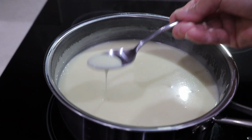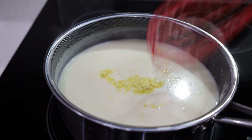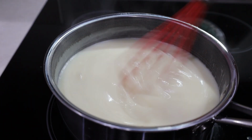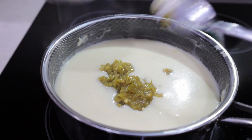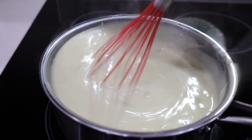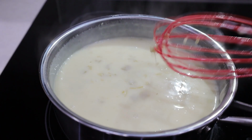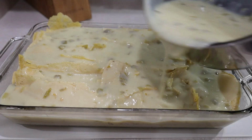Taste the sauce for salt, and if it's not salty enough, add a little more seasoning that contains salt and whisk to combine. Add a 7-ounce can of diced green chilies and mix it all in. Let it cook for a couple more minutes and this delicious, easy sauce is done. Remove it from the heat and pour it all over the enchiladas,